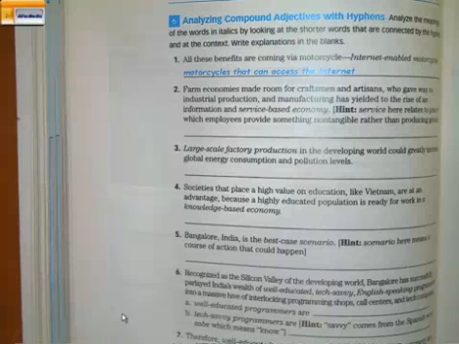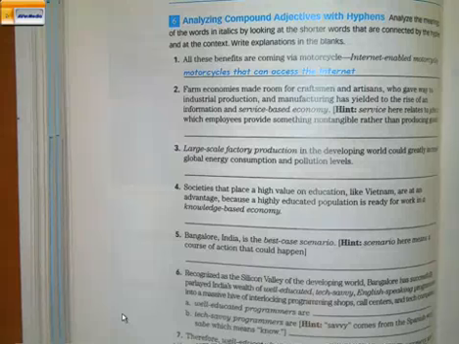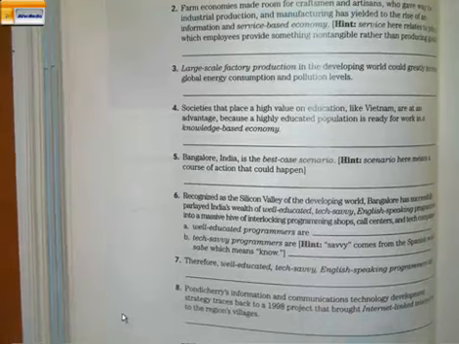In the example that I just mentioned about the test, the best case scenario in that situation would be what? That you are going to fail or you are going to get a D. So getting a D is the best case scenario. Sometimes you are not optimistic when you talk about this, especially used with problems. When you talk about problems, you'd say, well, the best case scenario in this situation will be blah blah blah. Number 6, we have the word well-educated, tech-savvy, English-speaking programmers.